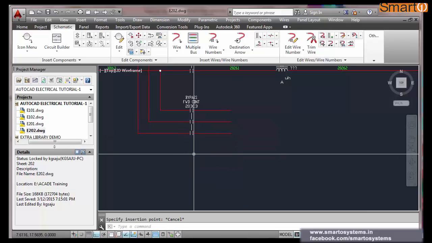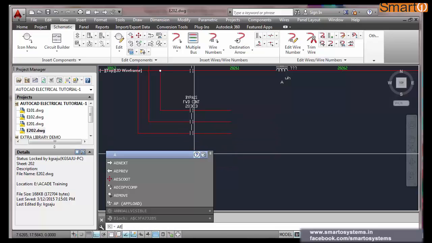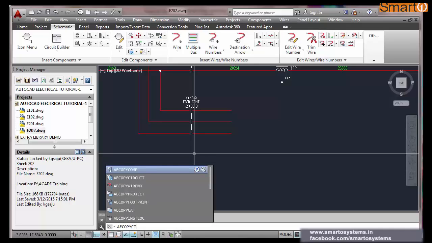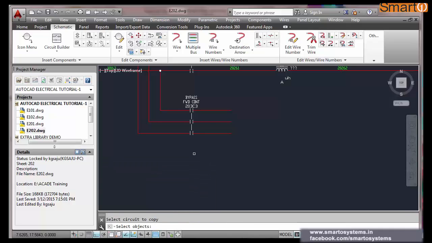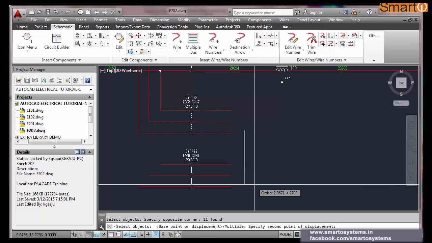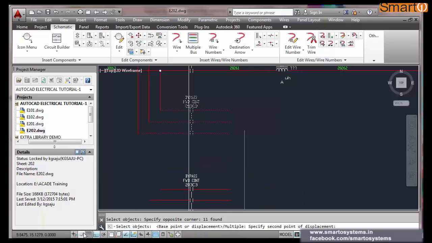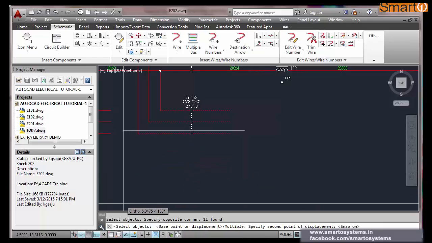No, it's not coming like this. Let us try AutoCAD electrical. Copy circuit. Oh wow. Copy circuit. Select objects. I'm copying this circuit. Ortho is on or off? On.